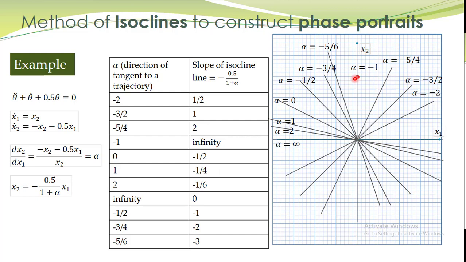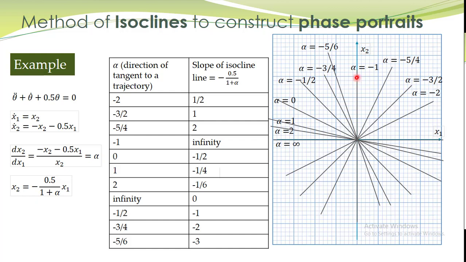So let's prefer simplicity over accuracy. We move from this isocline to this isocline with slope equal to -1. So that it is simple for us, right? Of course, it will be at the cost of accuracy. So let's draw this